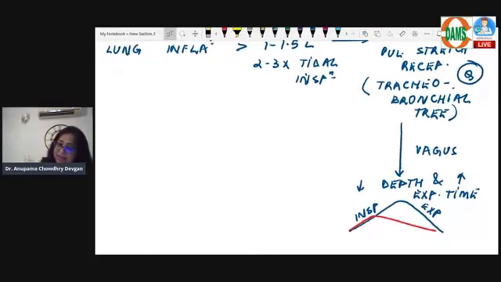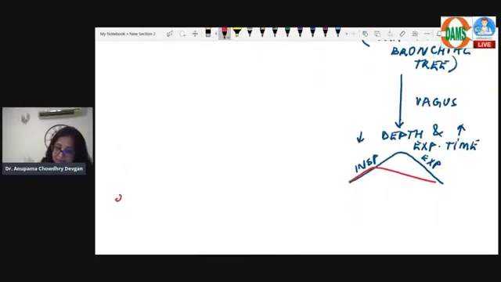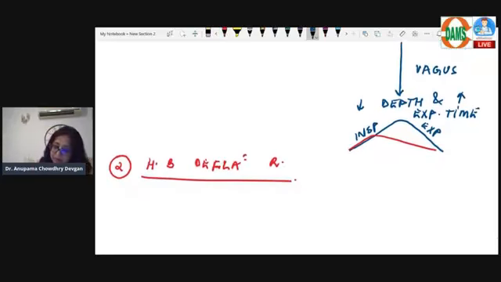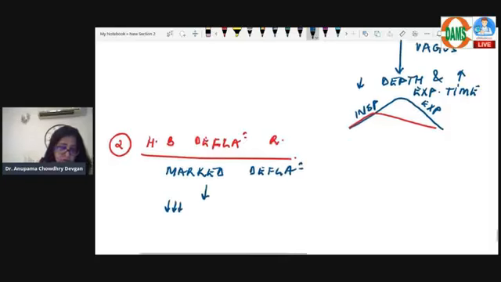Now, what is the second one? The second one is Hering-Breuer deflation reflex. Now, this is a complete reverse. Hering-Breuer deflation reflex is a complete opposite. What happens now? Whenever there is a marked deflation of the lungs, marked deflation, there is a decreased stimulation of the